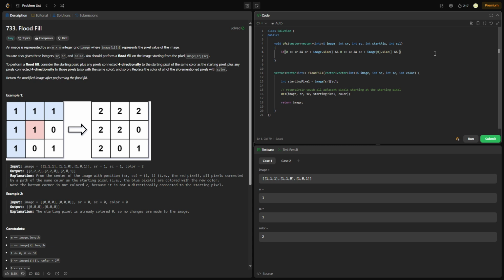Okay, now we need to check if we're at a specific cell that is the same color as the starting pixel, let's convert it to color, okay? So if the specific cell, which would be image[sr][sc], is equal to the start pix, which would be the starting pixel color, okay? That's what we want. And on top of that, the specific cell we're on cannot be equal to color, because